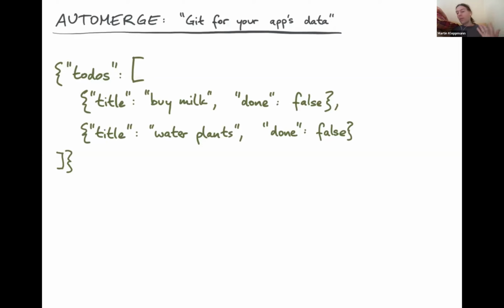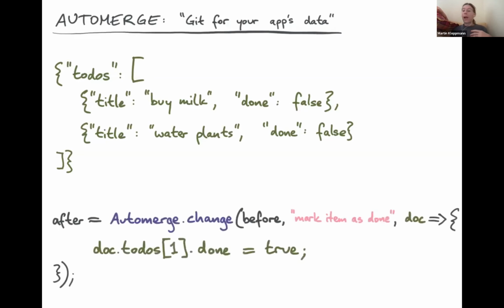As an example, I'll use a to-do list. This is how you might represent a to-do list using JSON, and you can put this JSON in Automerge. Let's look at the manipulation that you might make. If you want to change this JSON document, you have to tell Automerge that you're making a change, and you do that by calling the function automerge.change. This is the JavaScript API. You pass in the current state of an object,